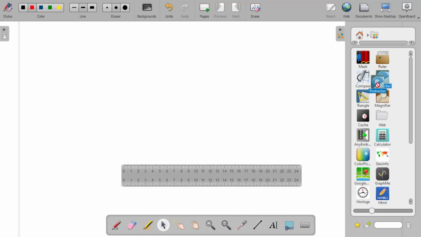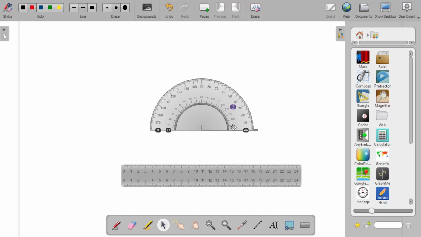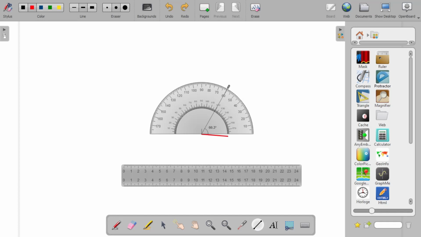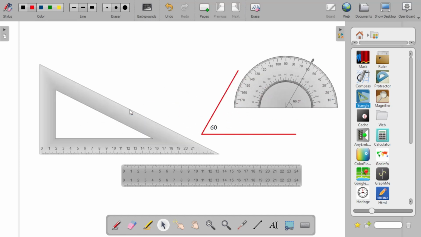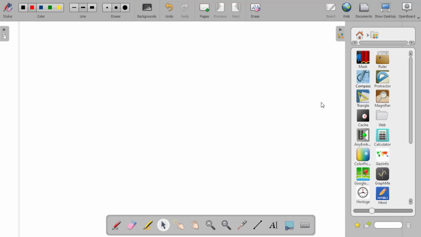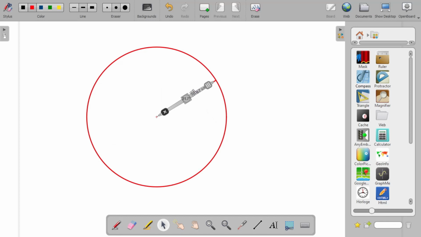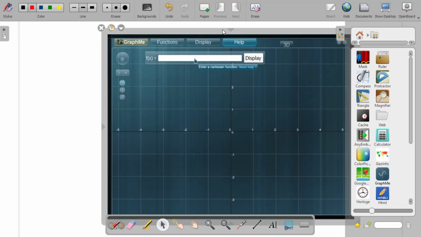In the same way, we can drag the protractor to draw angles. Similarly, we can drag the triangle option and resize it. To draw a circle, drag the compass, resize your radius and draw a circle. You can draw a graph by selecting the graph option,